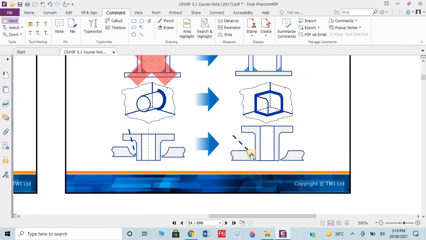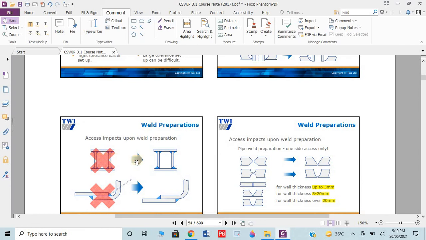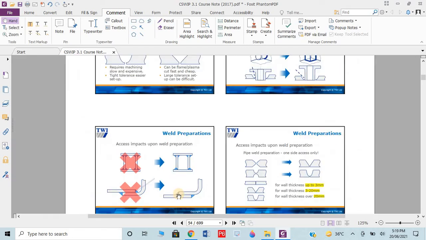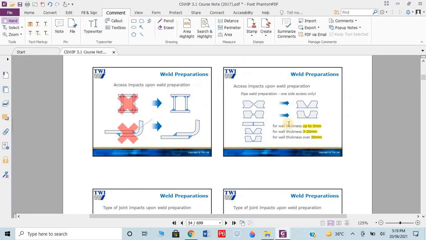Same as for the plug welding, for the J-type and the sleeves. These are just for your information. Same thing, we cannot weld all symmetrically because this will be locked. First we need to weld here, here, here, here, then from outside only. Same as for the overlapping, we can weld here but we cannot weld this side. That's why the upper portion should be down, then we can easily weld from both sides. This is just for your information.